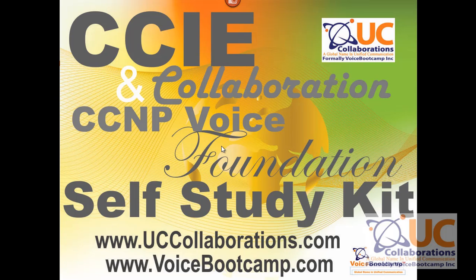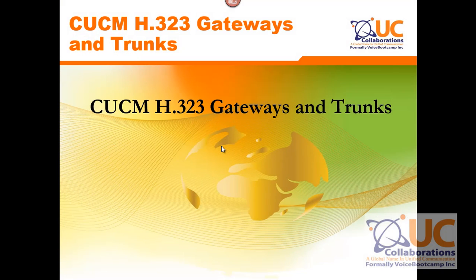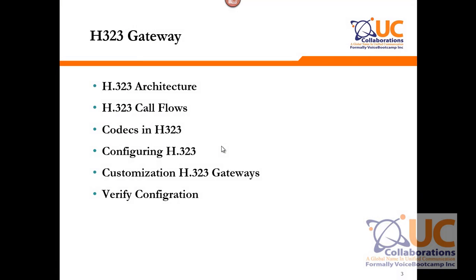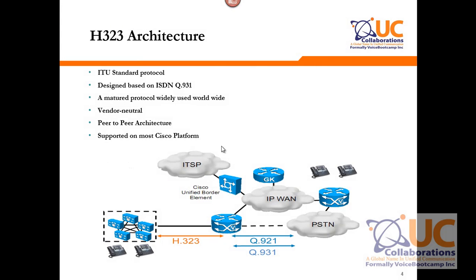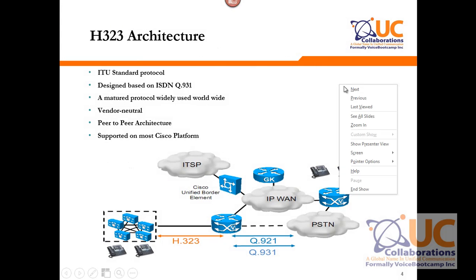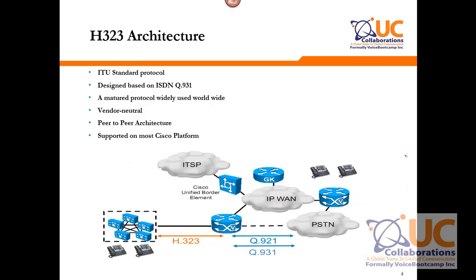In this CCIE Collaboration and CCNP Voice Foundation Kit, we're going to focus on H.323 gateways. We're going to talk about the architecture, call flow, codec, various configuration of H.323 and customization. Now, as you know, H.323 is an ITU standard protocol. That means it was designated by the International Telecommunication Union. It is based on the ISDN technology